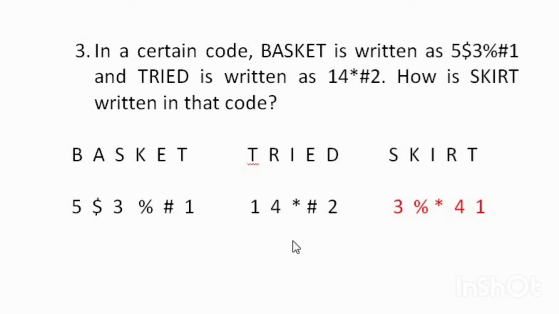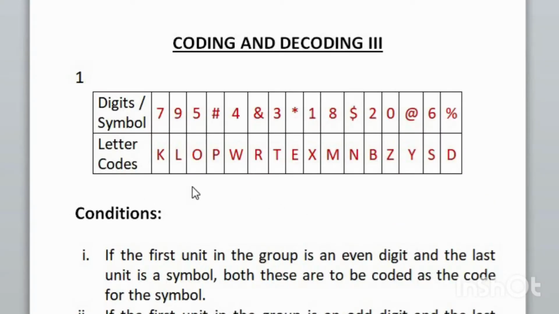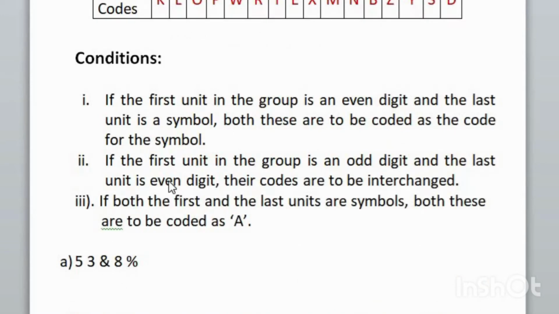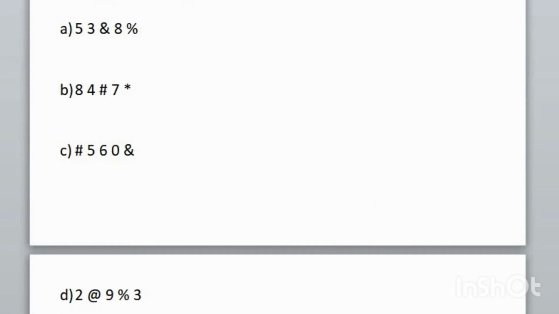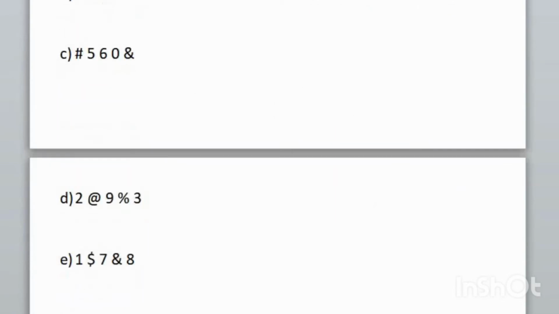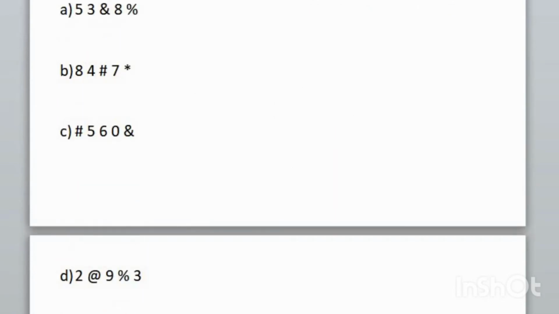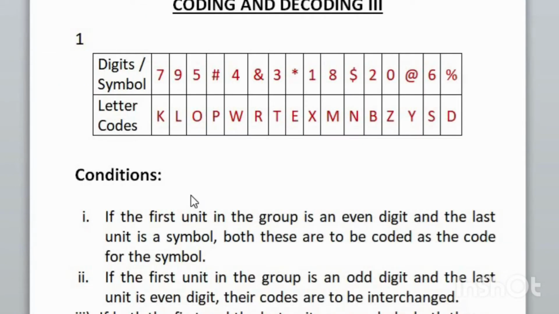All these are previous year questions, and coding and decoding is the easiest section you can score from reasoning. So practice more. In the third type of coding and decoding, numbers or letters or symbols will be given to you, and following that 3 or 4 conditions will be given to you like this, and you have to answer the 5 sub questions given below based on that condition. We can go to the first question.